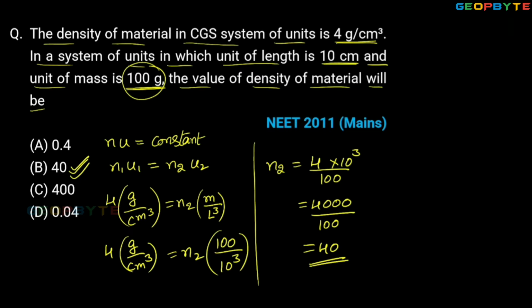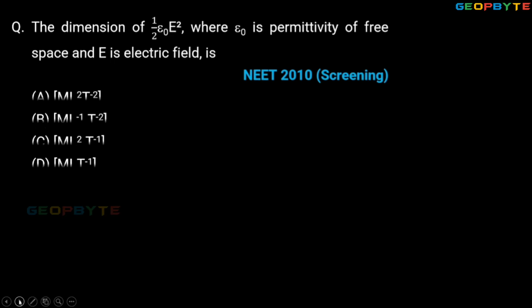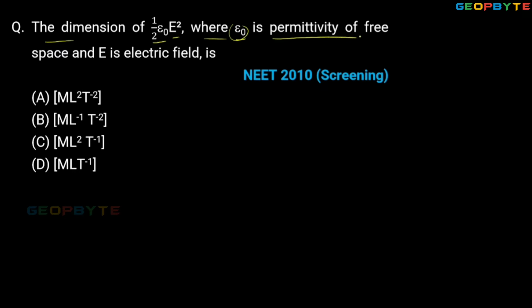Okay. Similarly, let us take another important problem. Look at this problem. It is asking like this: the dimension of half epsilon naught E square, where epsilon naught is the permittivity of free space and capital E is the electric field. Okay, it is asking the dimensional formula. As you know, dimension of